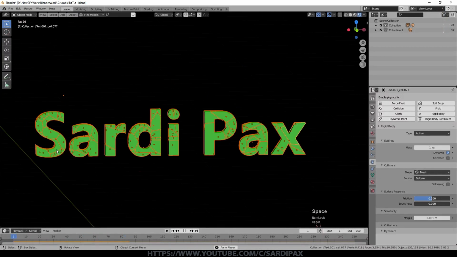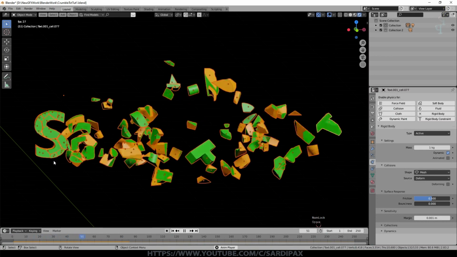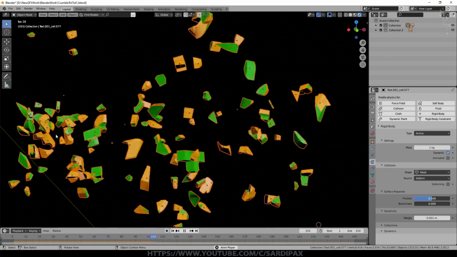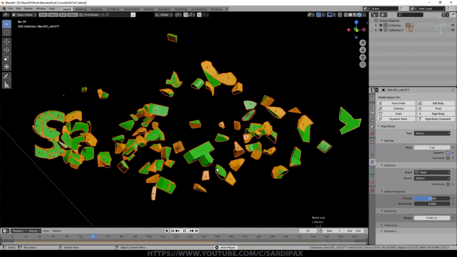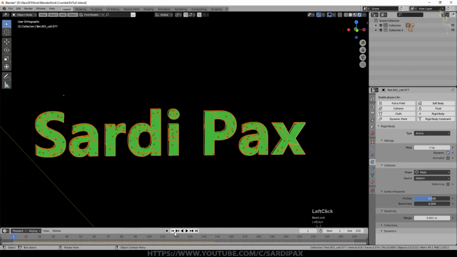So if we look at this S over here, this actually is stable until some of the particles from over here. It's almost a chain reaction. In fact, it's exactly what it is, a chain reaction. So that's quite fun. But how can we make it more completely stable until something else happens to it? So that's pretty close. We'll go with a margin of 0.001 at the moment.